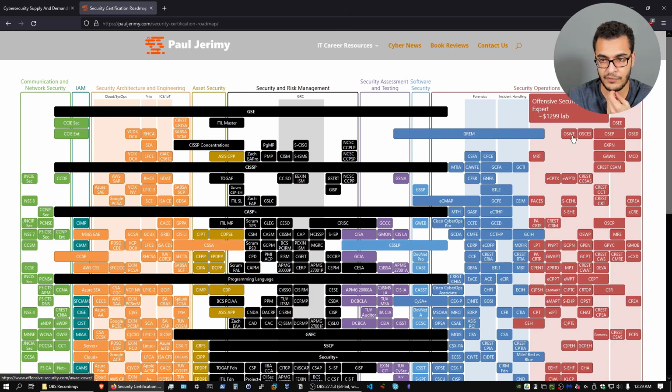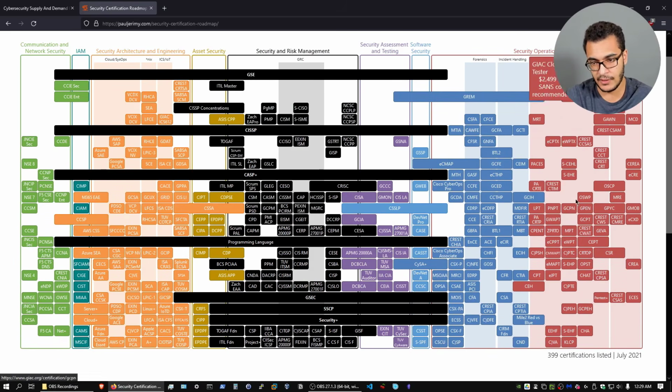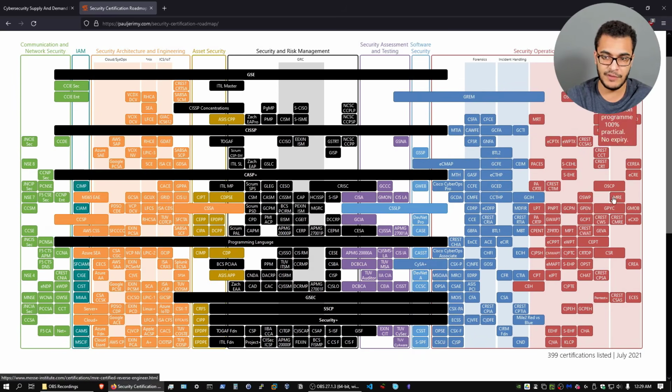So once you highlight over a certification, it gives you the actual price. So if I highlight over maybe something like, let's see, what looks interesting here, the OSCP, you can see that's 1,000 and some change in regards to getting the training, so on and so forth, right? But it gives you an idea of the various certifications that you can take. And of course, the topmost are pretty much the recommended.